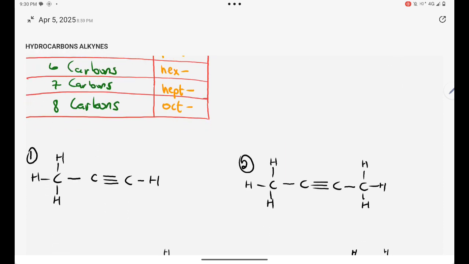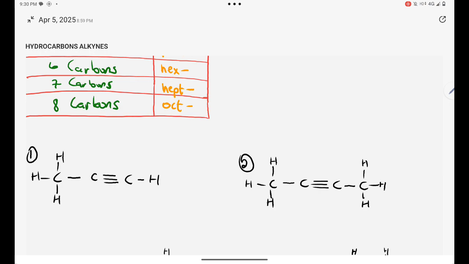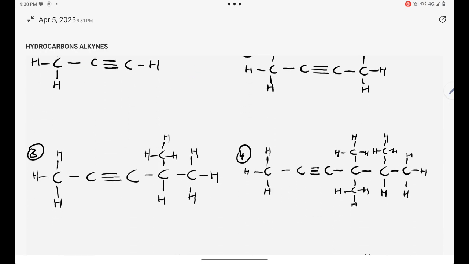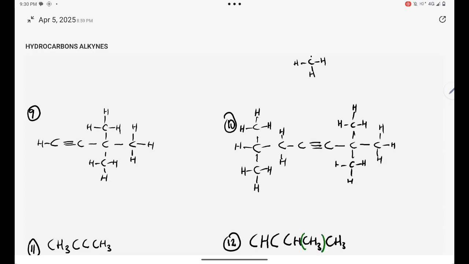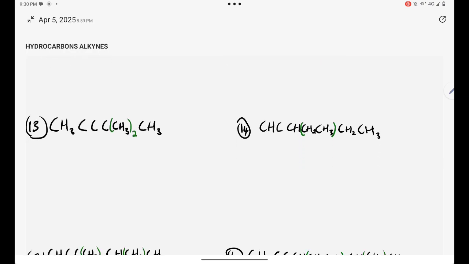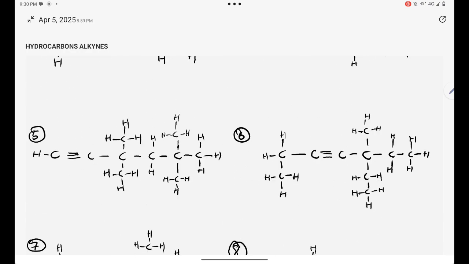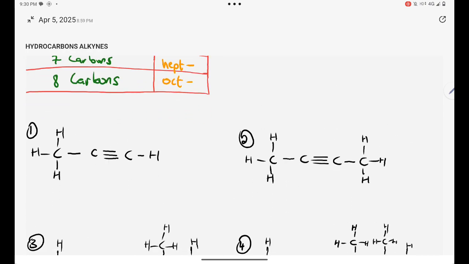This is part two video, guys, for alkynes. I'll be just naming these compounds and obviously drawing when necessary. Okay. For the first one,